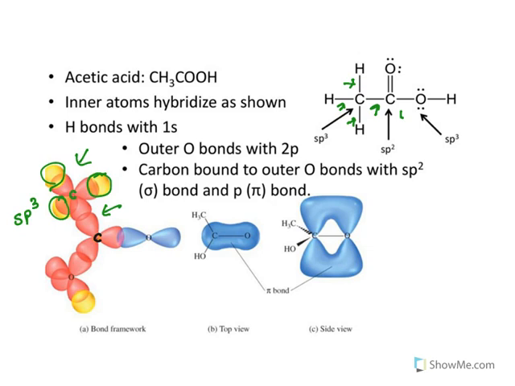sp2 hybridized means you have one unhybridized orbital on carbon, and in oxygen you have one unhybridized orbital, and they form a pi bond. So one bond, this overlap, is because of sigma bonding between carbon and oxygen, whereas this sideways overlap is because of pi bonding. So one is a sigma bond and the other one is a pi bond. This carbon is sp2 hybridized because the remaining p orbital, the unhybridized orbital, is forming a pi bond with the oxygen unhybridized orbital. This is what is there.